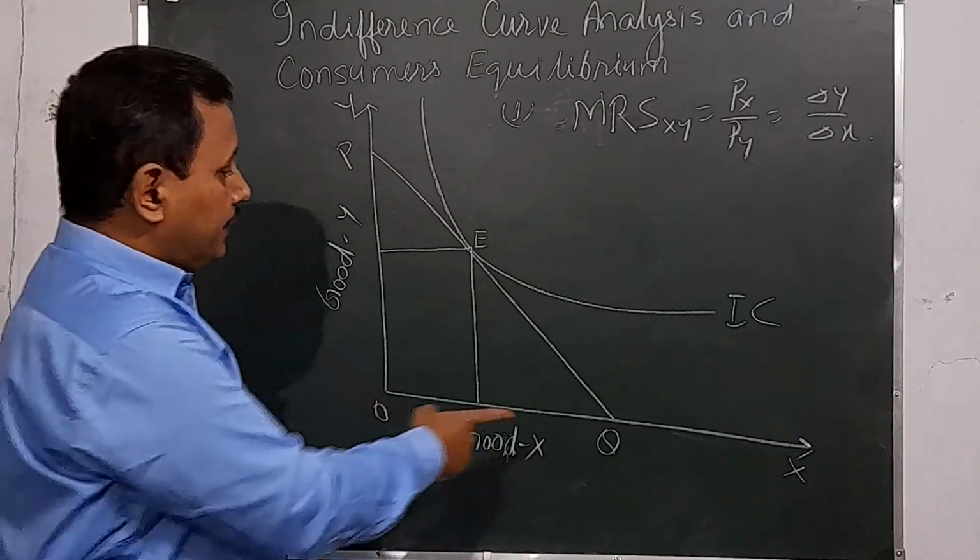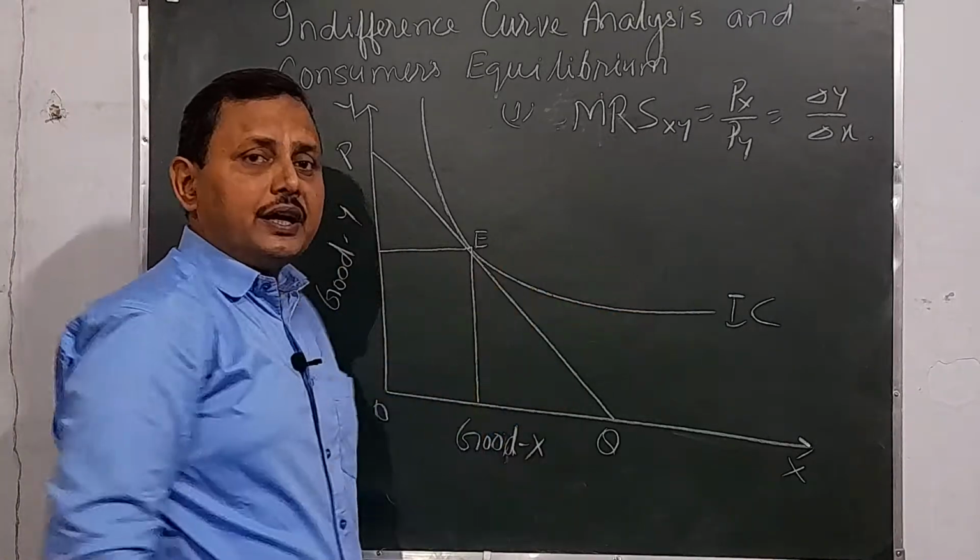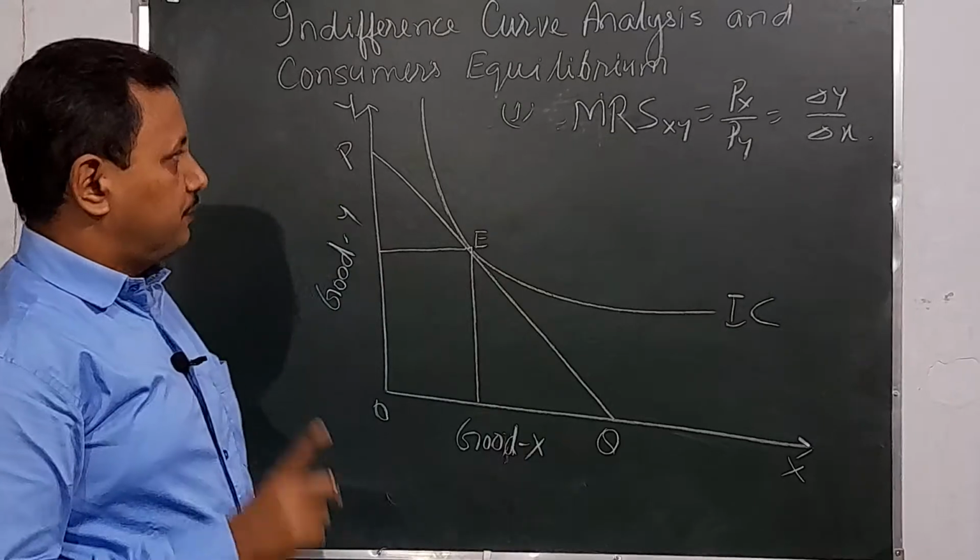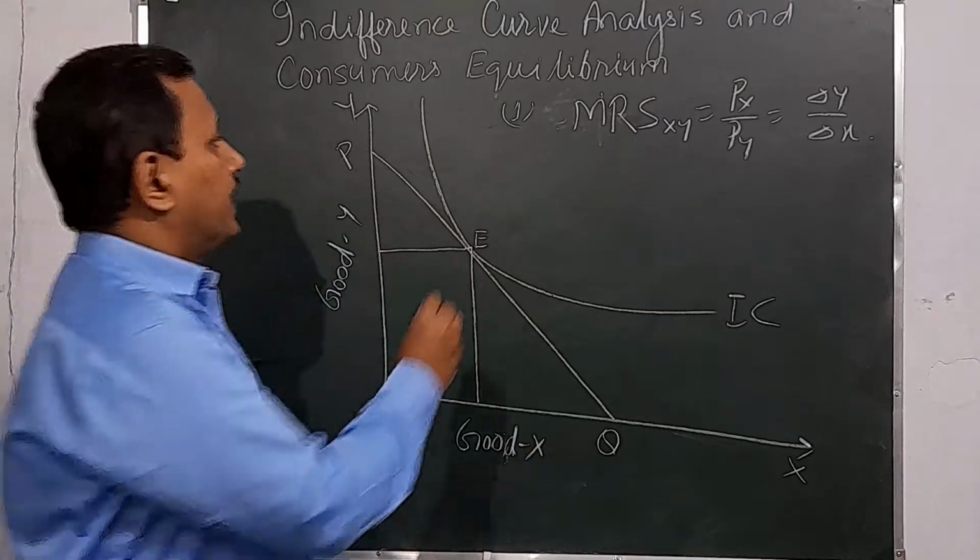Clear? And at point E, the budget line is tangent to the indifference curve. This is the first condition of consumer's equilibrium. Second,